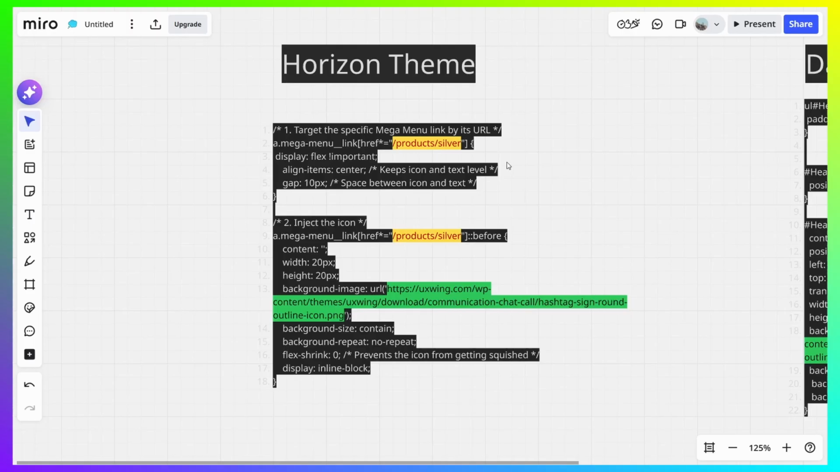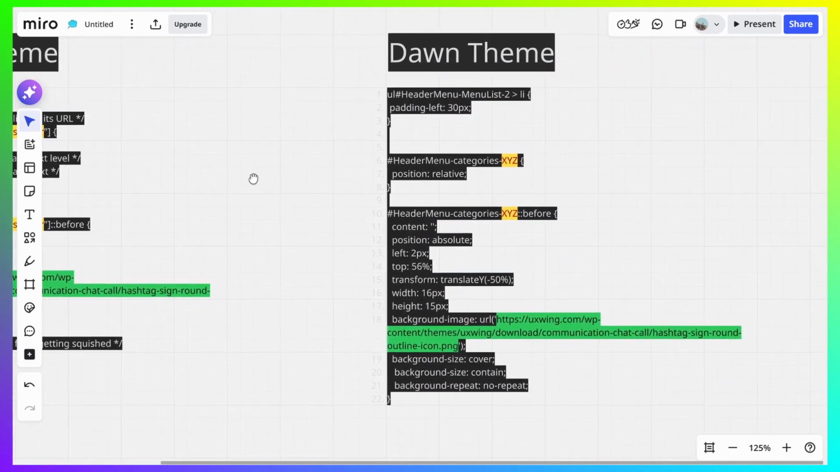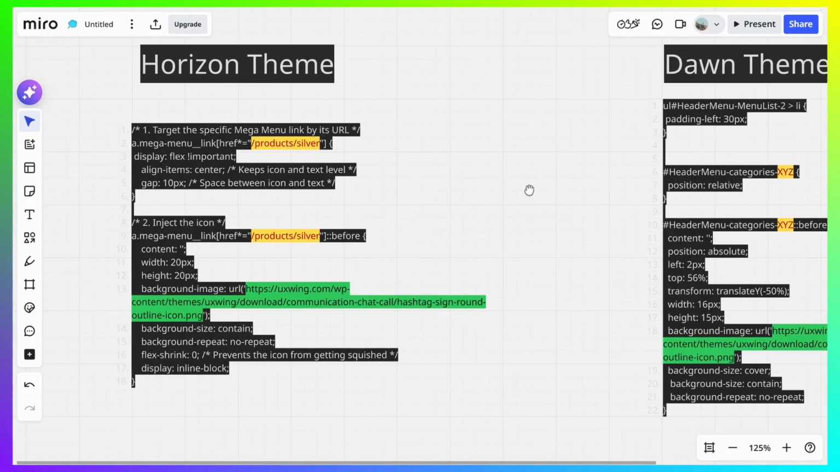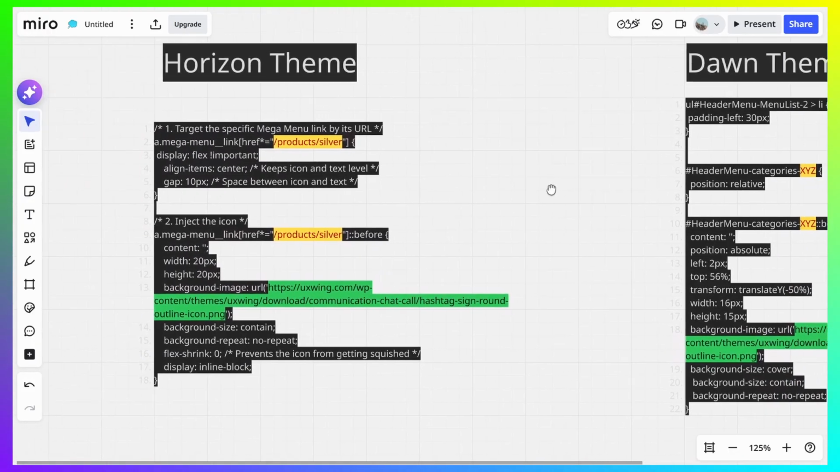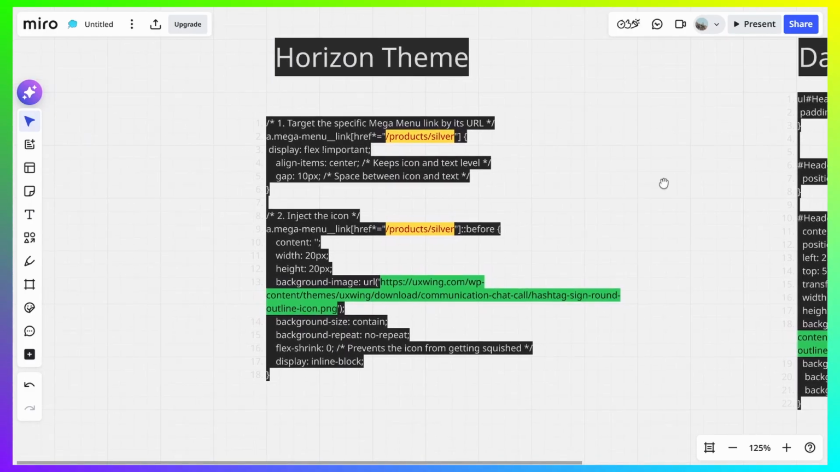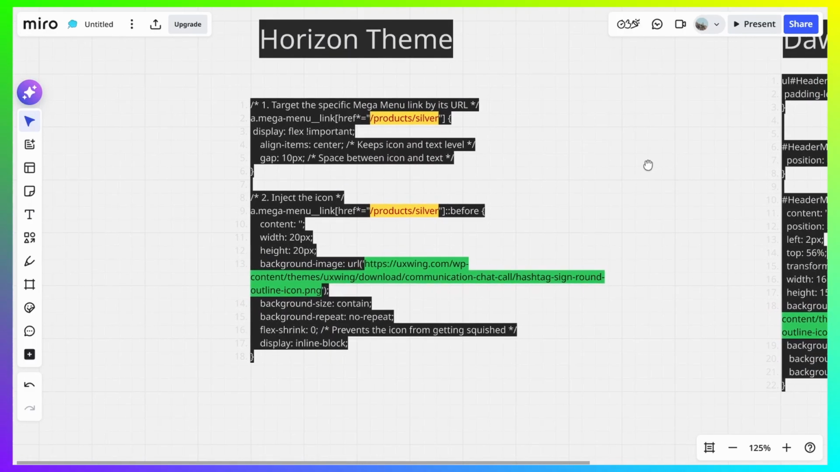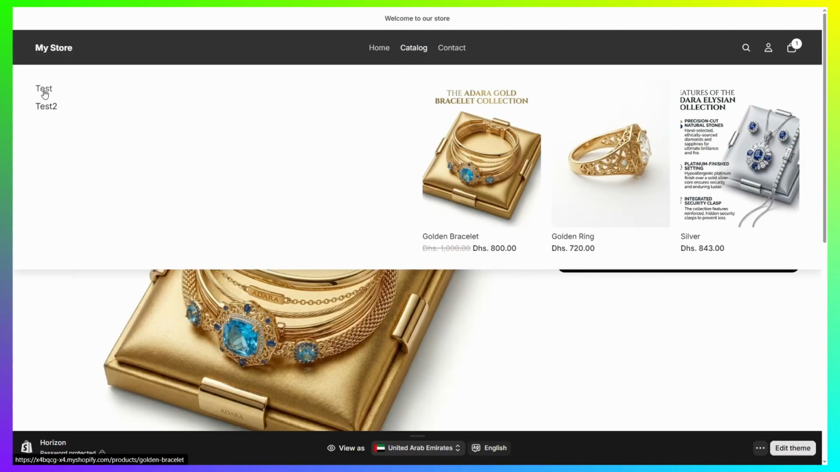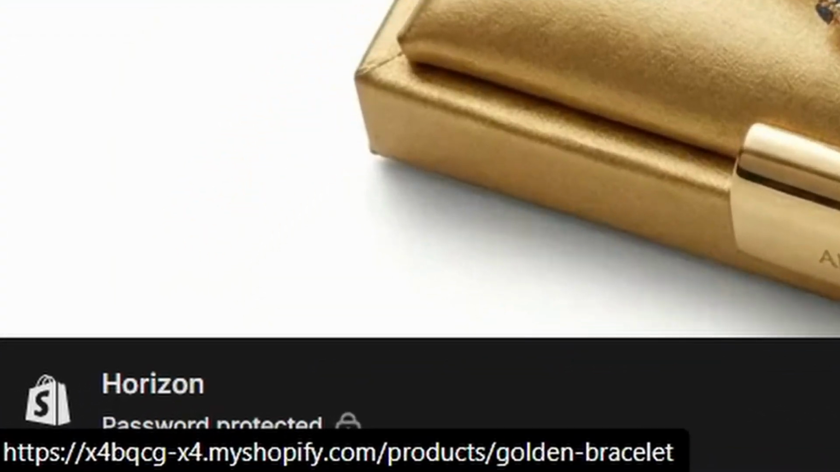Okay, now we get to the final step. Again, you're going to find two different codes, one for Horizon theme, one for Dawn theme, or the likes. It doesn't have to be Horizon or Dawn. Just try one of those codes and it should work with your theme, hopefully. Let's start with Horizon theme and customize it. These are the things that we need to adjust for this code. First, the path of the product, which in my case, I already showed you. If you hover over this, we can see at the bottom, it says